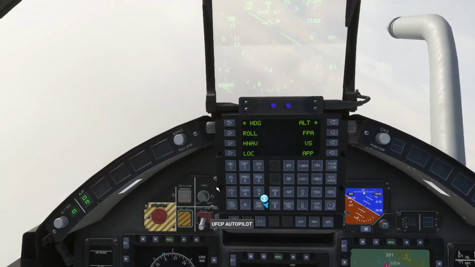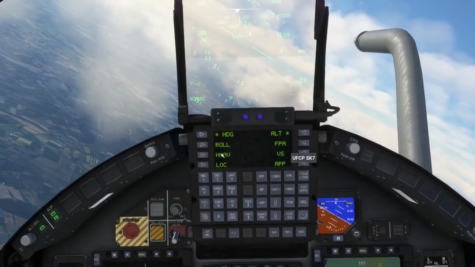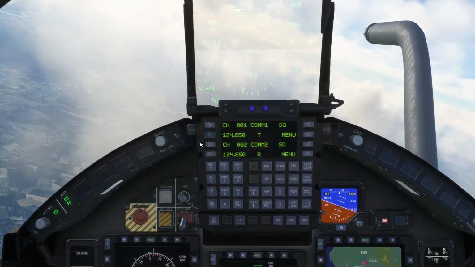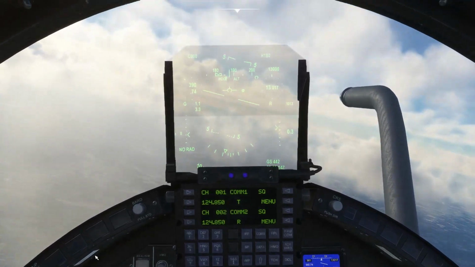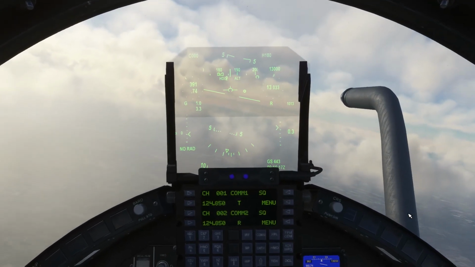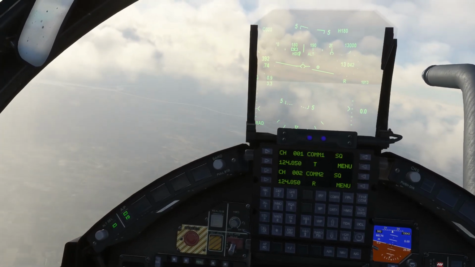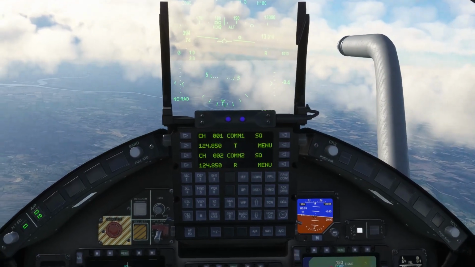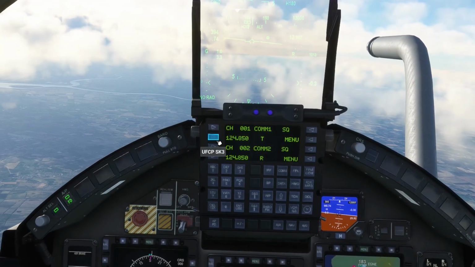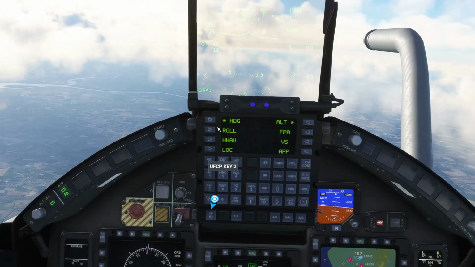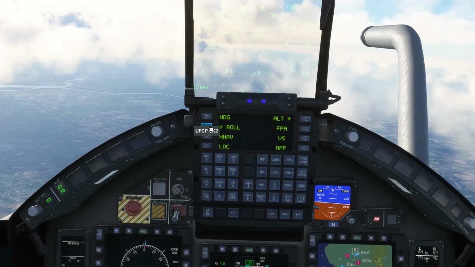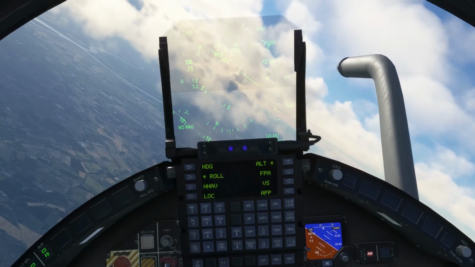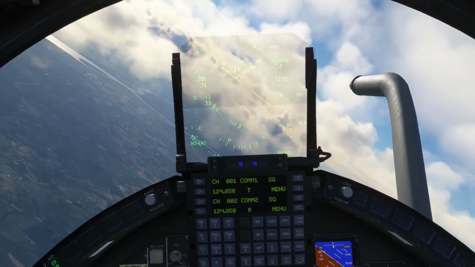What's next? We have vertical speed, which I've shown you. HNAV I've shown you previously, so roll. Now this is a nice little feature. If you're using the fighter attack version for, I don't know, close air support, or trying to find targets of opportunity, then what you would do is at a safe altitude, take the heading, go into roll, and we'll set a bank angle, and it will stay there. It will hold that bank angle,